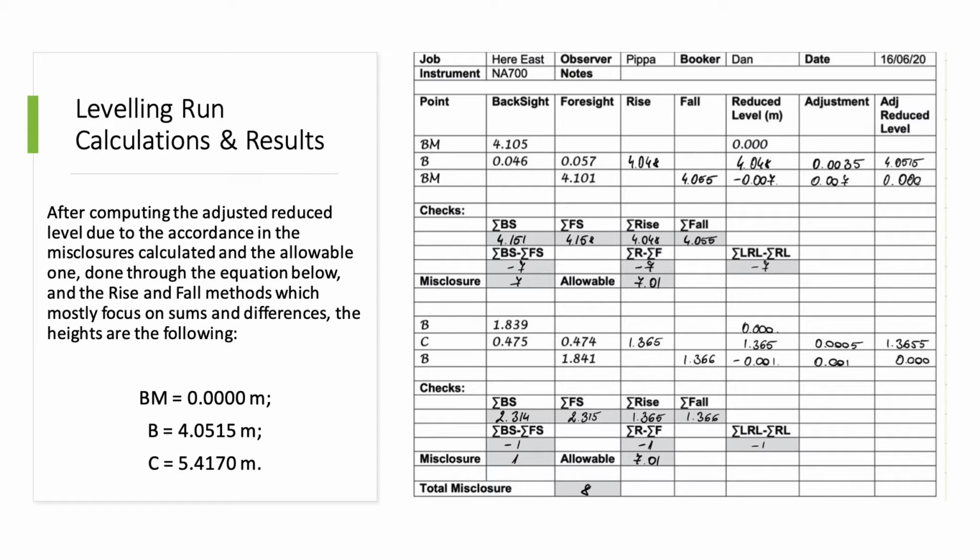With the help of the surveying team, several values were already used as input, after which we were able to continue doing the calculations using the rise and fall method, including checks and adjustments. All of the calculations can be found in the Excel that was also submitted. By the end, the heights of the floors have been identified, meaning BM is equal to 0 meters, floor B is 4.0515 meters, and C is